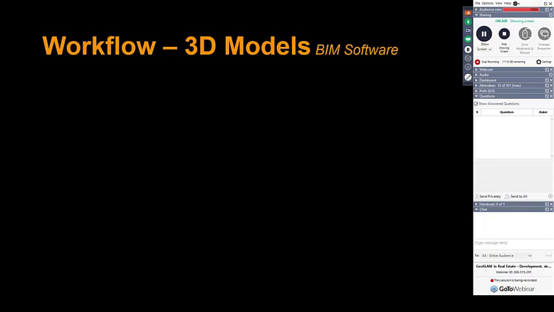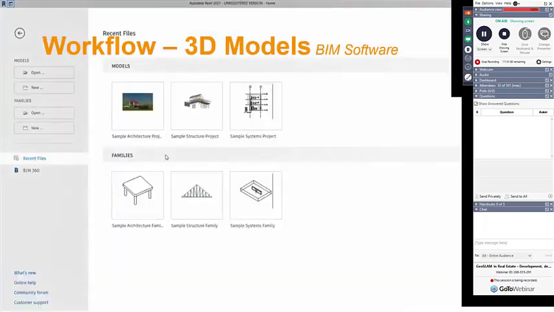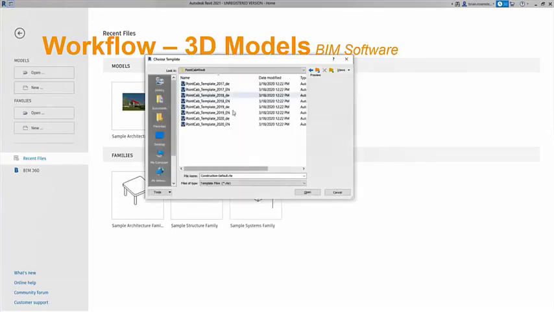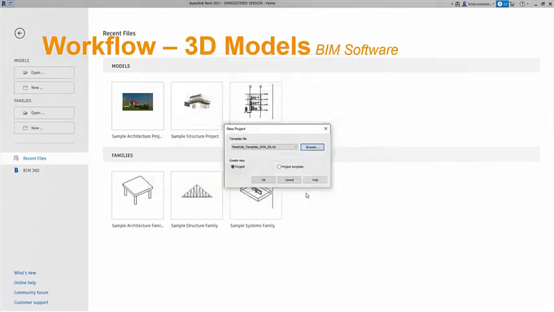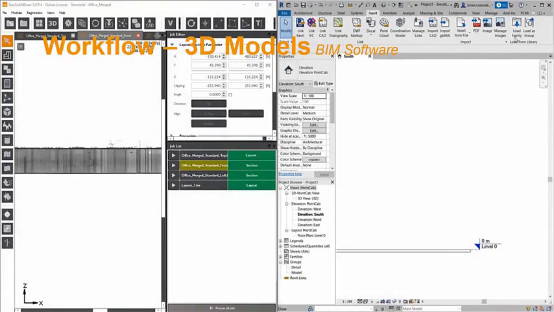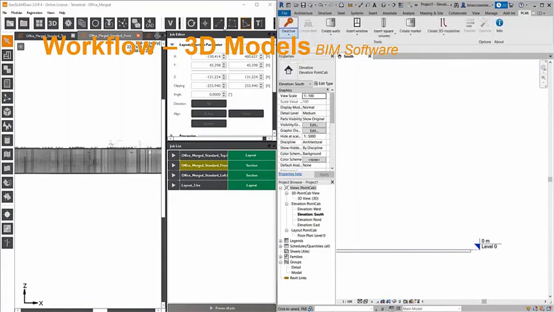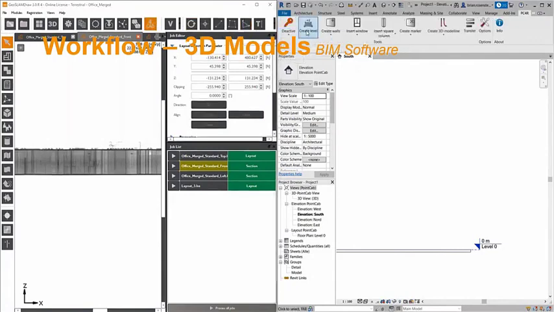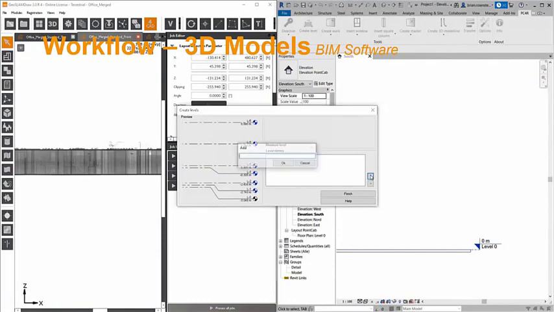All right, so now let's talk about the workflow into creating a 3D model or a BIM model. This is going to be into Revit, and we're going to do it using our 4CAD plugin that we have for Draw. So this is what that looks like. We start up Revit, and we start from our 4CAD template. Then we bring this into a split screen where we have Draw on one side and Revit on the other. We start up our 4CAD tool,